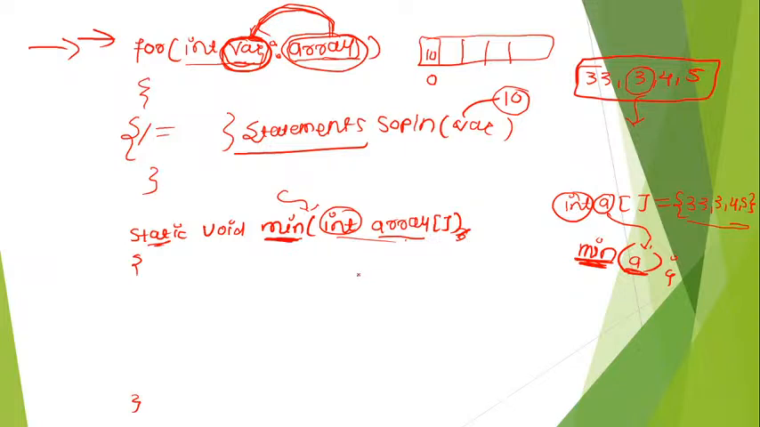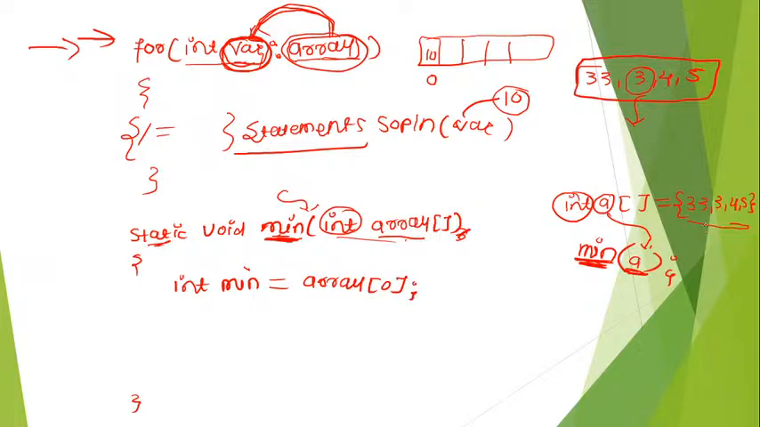Now here we have to write the logic. What I am saying is this minimum will return the minimum element, so this minimum will be calculating the minimum element. We have to write some logic inside this. Okay, so we know that we got the elements, and I am creating one variable that is min, and inside this I am storing